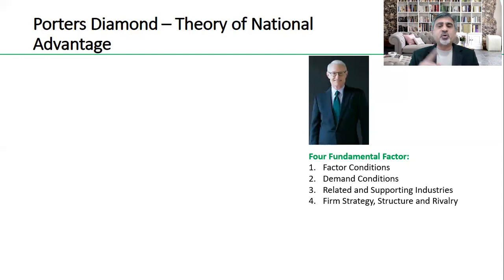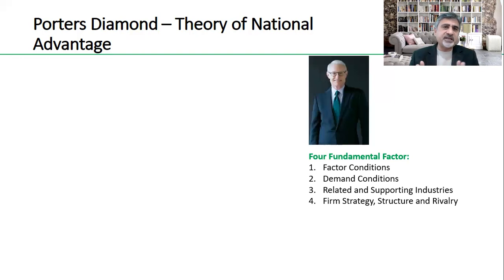So PEST was external environment analysis. Porter's diamond is also external environment analysis, because you want to set up a business and that business will be set up in some environment. So before you set up your business, you need to understand the external environment in which your business will exist. And that external environment is actually available based on the location, the country, the nation in which you exist. And this is your advantage over the others. We call it the theory of national advantage, which means that some countries, because of some factor conditions, have earned that position of advantage over the other nations.